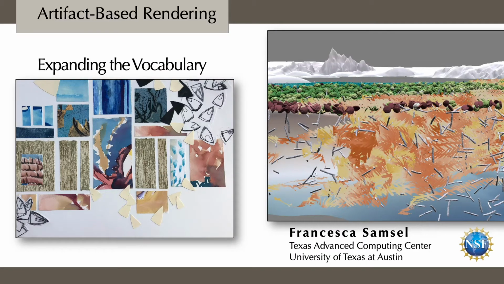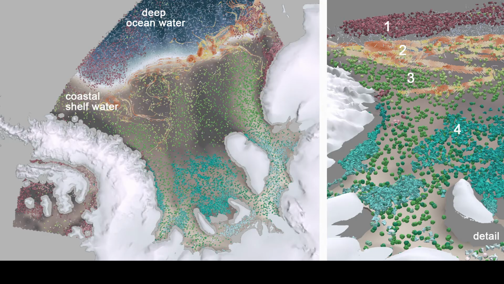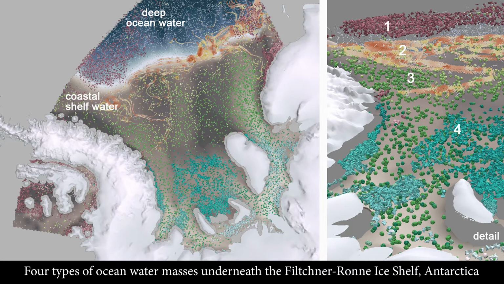And then at the University of Texas at Austin, Francesca Samsel, that's me, leads the visual team, and we focus on expanding the visual language, enabling organization of visual language, and interfacing with scientists specifically to see how we might apply this language to increase their ability to explore, understand what's in their data, as well as communicate it to